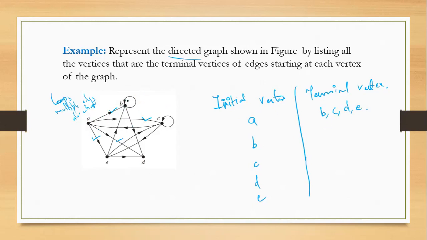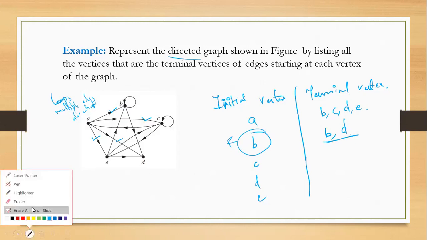Now for a loop, we should write B is the initial vertex, B is the terminal vertex. So we have to write B. And what about any other? So B is the terminal vertex for A, but it is not the initial. And here if you notice BD, its initial vertex is B, terminal vertex is D, so just mention that. Now what about BE? Here, in the case of BE, B is the terminal vertex but not the initial vertex. In this scenario we are only finding where B is the initial vertex. So there are only two terminal vertices, that is B and D. That is, there are only two edges originating or starting from B.